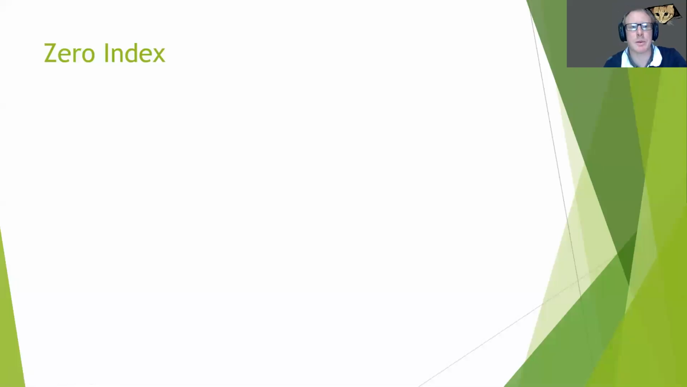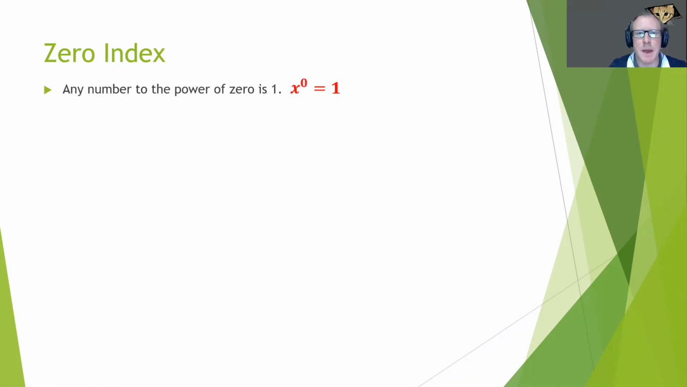Hey guys, this is for people who missed the last lesson on zero indexes and the power of power rule. So a zero index is anything to the power of 0 equals 1. And I mean anything. So x to the power of 0 equals 1, a to the power of 0 equals 1,